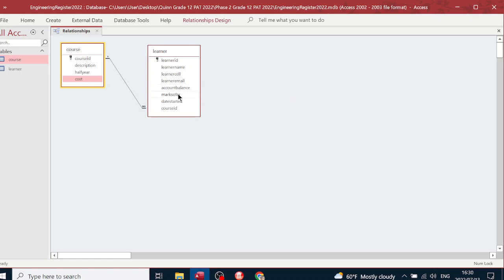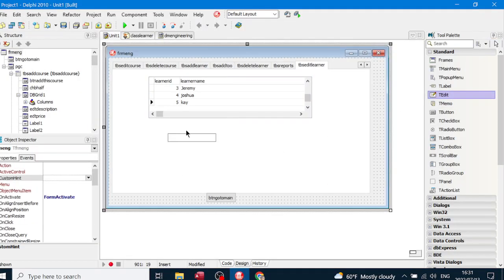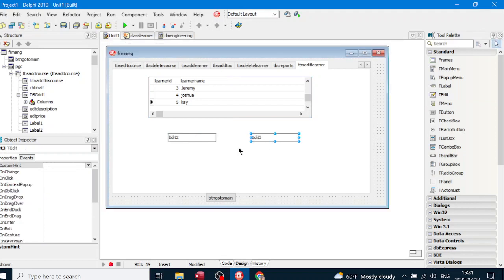But the account balance and the marks so far, we'll use text files to update all accounts and all marks. So we can assume that there will be like a monthly run of marks and money owing. So if people have paid certain amounts, then we will take that off their balance. But for normal editing, their cell and the email are the main things, so we'll just worry about that. Cell and email, and of course then the name of the person as well, which will have to be chosen